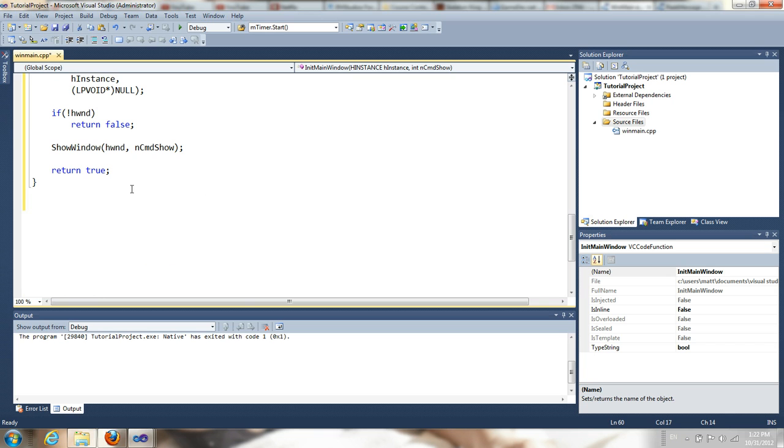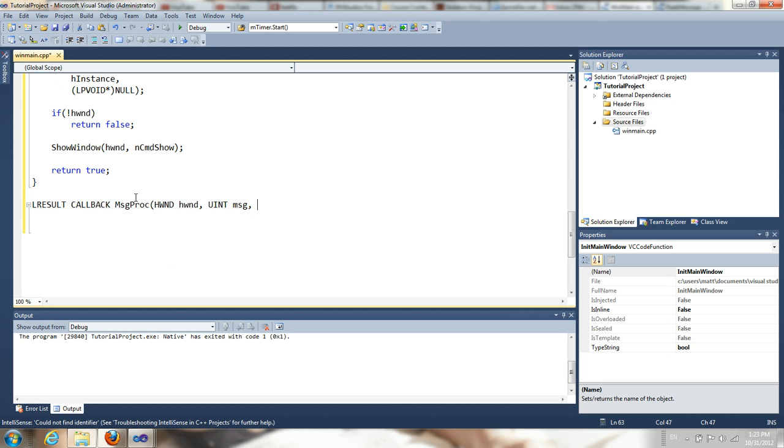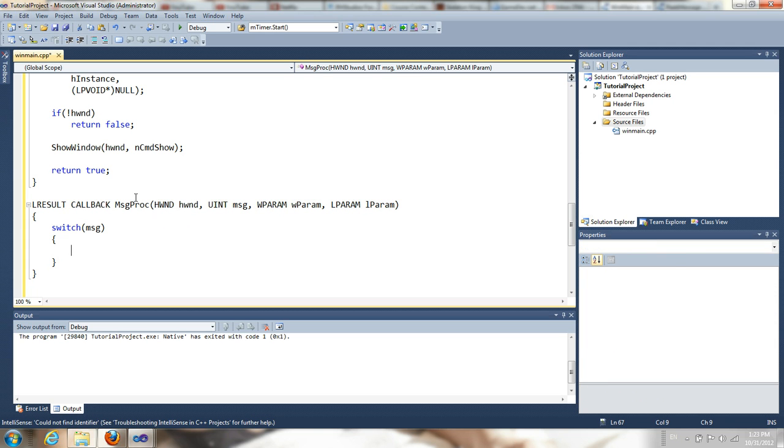So now we have this all down. We're gonna handle the message procedure function, which takes in H window, an unsigned integer message, a W param, L param. So for this message procedure function, we're going to make a switch statement on that unsigned integer message, and basically we're going to check what is actually in that message. So in the case that that message is a WM destroy message,